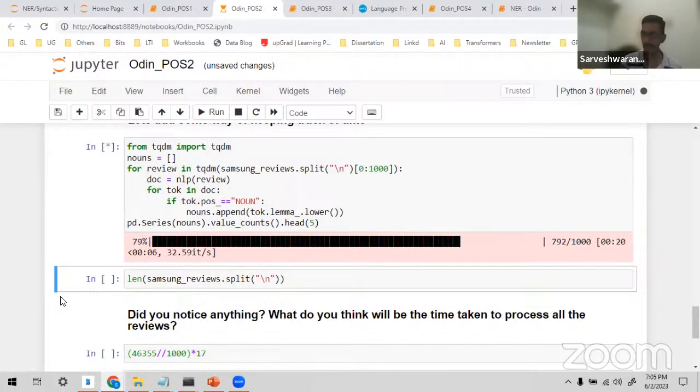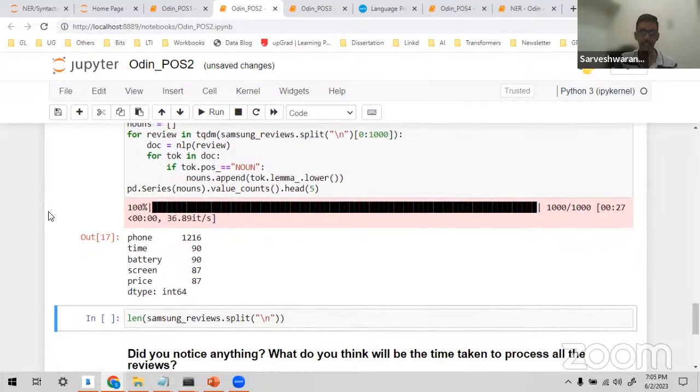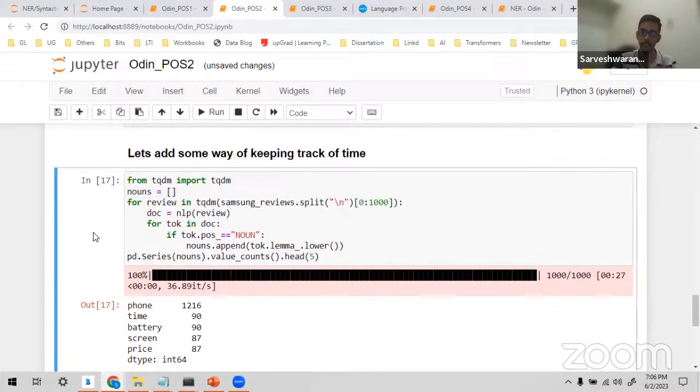When you're working with image and text, it's better to have higher configuration systems. I've taken a very simple 1,000 records, and it is taking such a long time. Sometimes I lose patience. Sometimes the models run for hours together, 5 hours, 6 hours. If we have to do a small fine tuning, I have to go back, do it, and again wait for 5-6 hours. That's where you can make use of higher configuration systems.